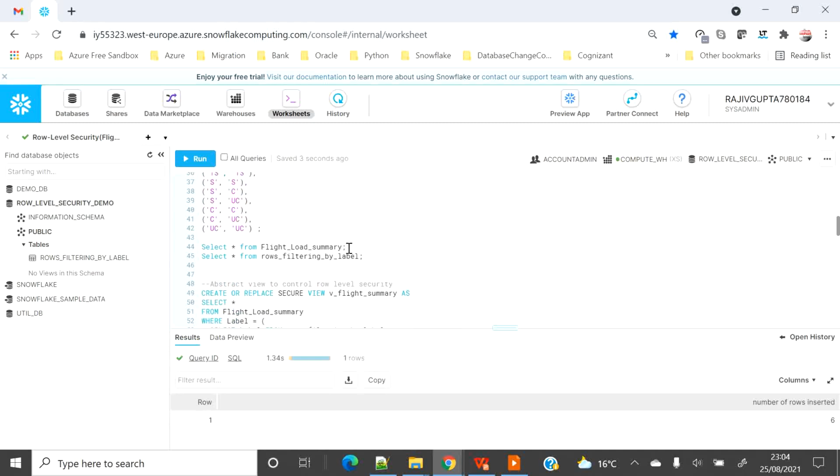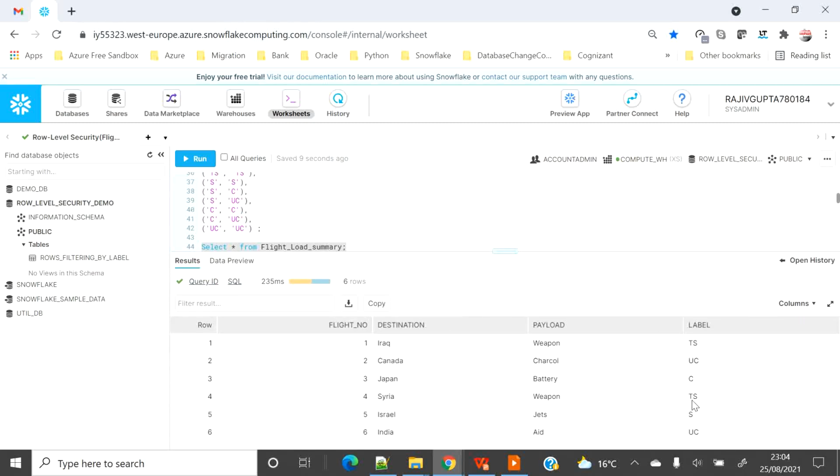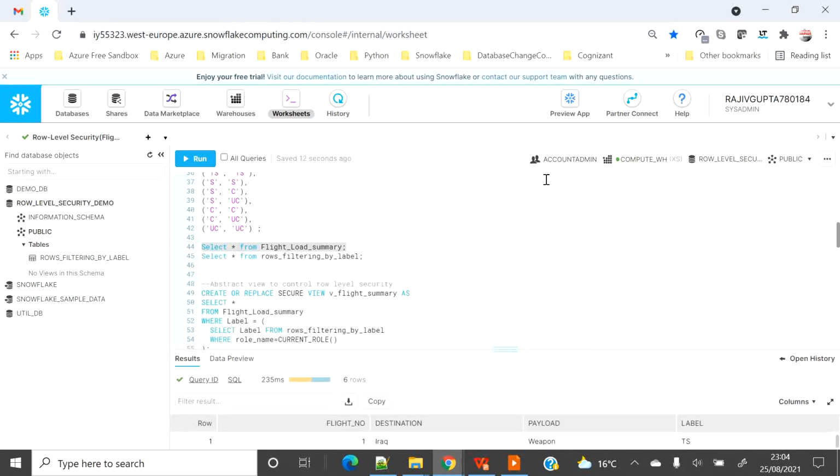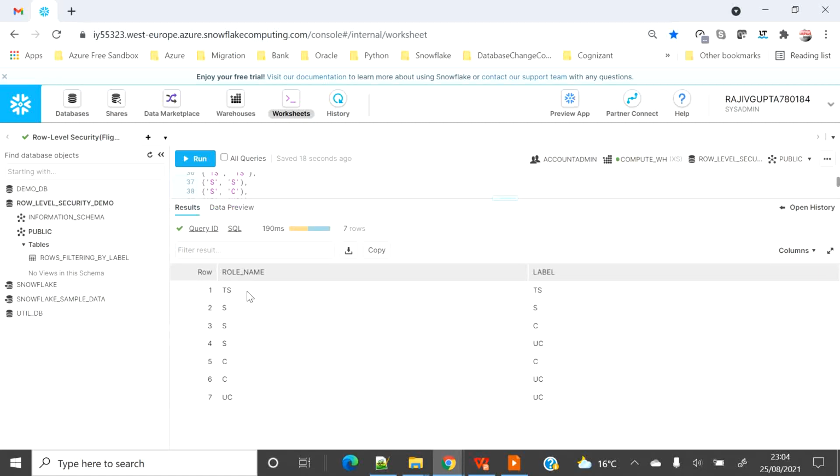I forgot to create the table. Sorry. All right, so now we can see that we have 6 rows with all the labels ready, and we are currently on account admin. Let's see the filter table, or the mapping table.